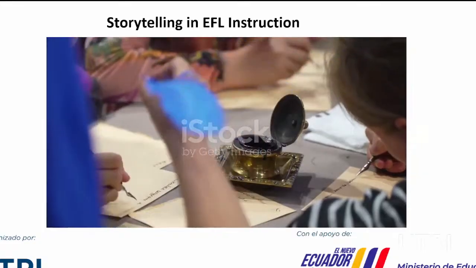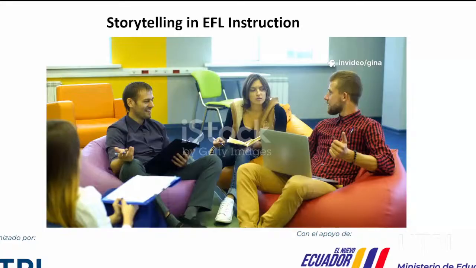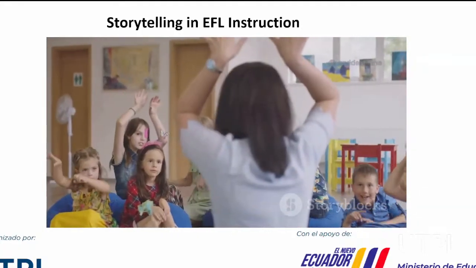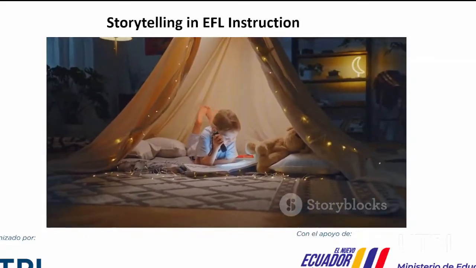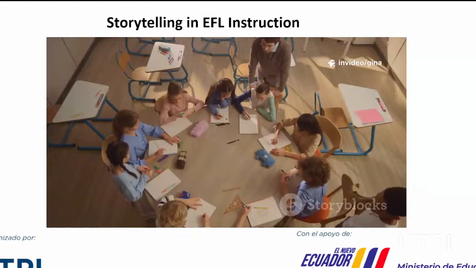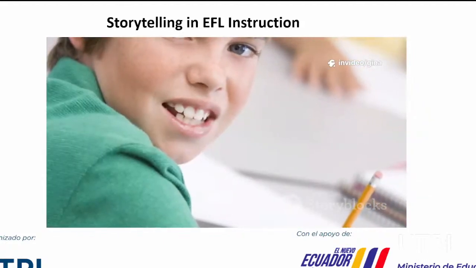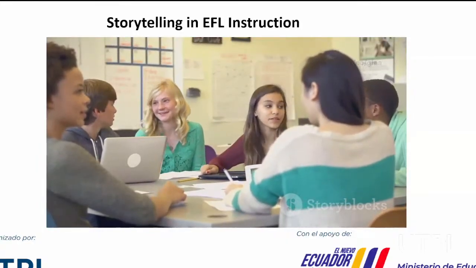After a story, keep the creativity flowing with speaking and writing activities. Try a story circle. Start a sentence and let each student add to the tale as it goes around. Use story starters. Give students a sentence like, "If I had a magic carpet," and let them write their own adventure. Photo stories are great too. Students choose a picture and write a story about it. For groups, give a sequence of pictures and have them create a story together.